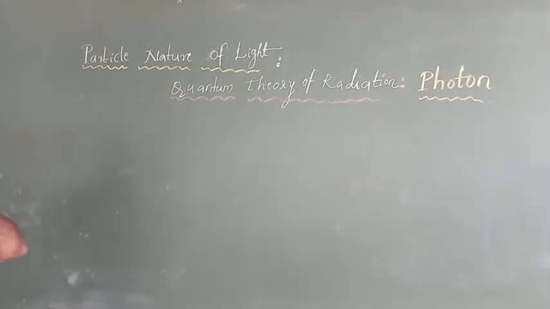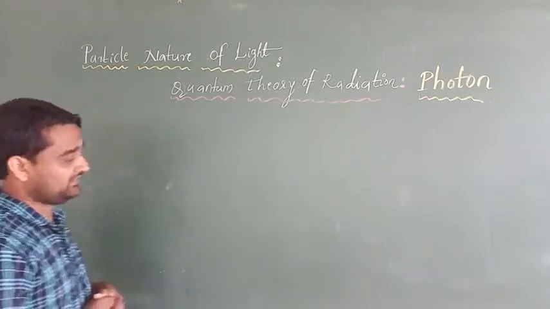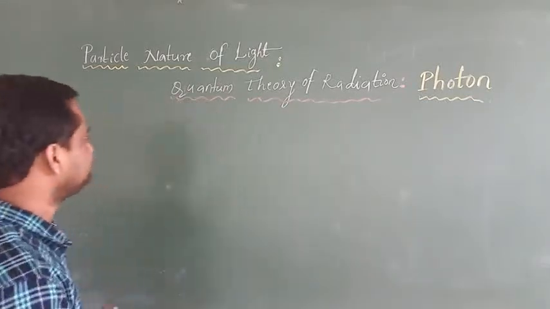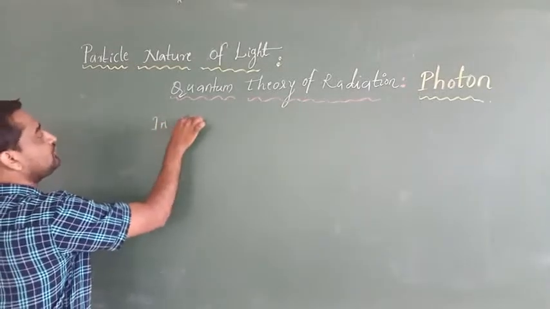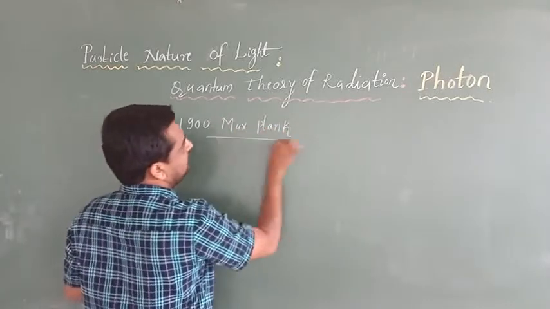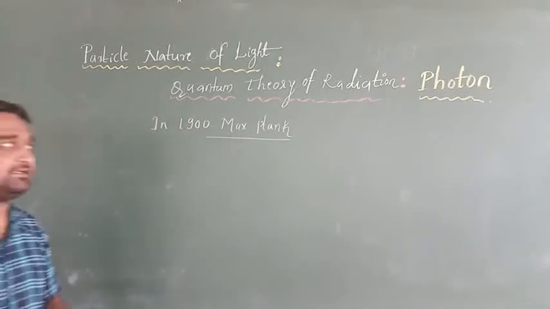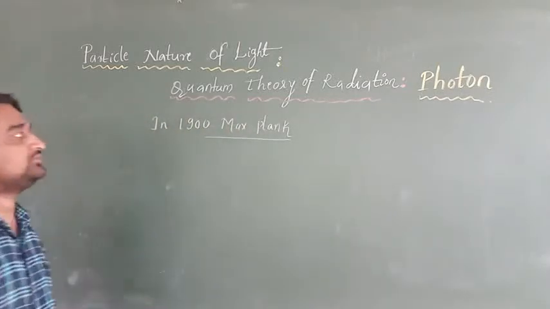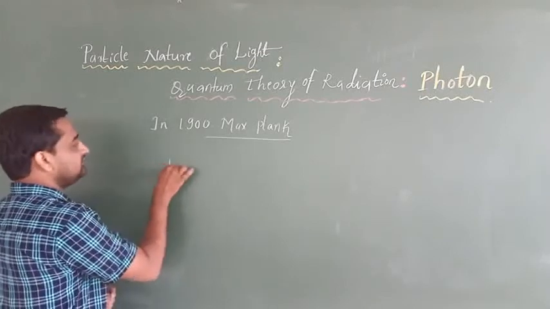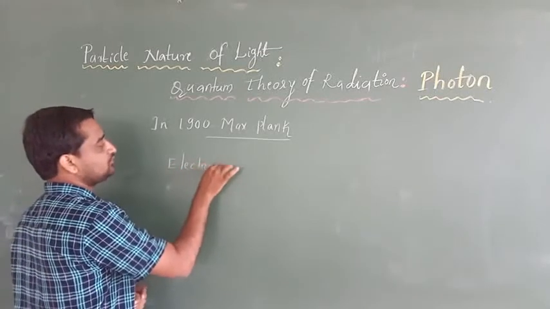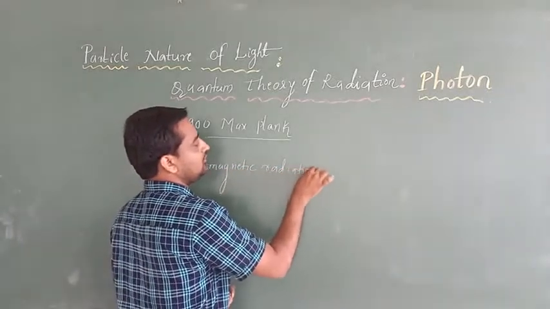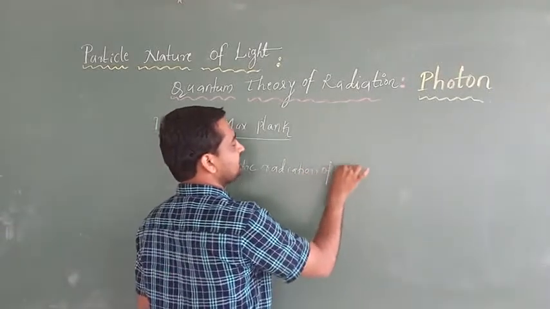Now, considering the particle nature of light, we explain the quantum theory of radiation. In 1900, Max Planck proposed the quantum theory of radiation. According to Max Planck, the electromagnetic radiation of frequency nu,